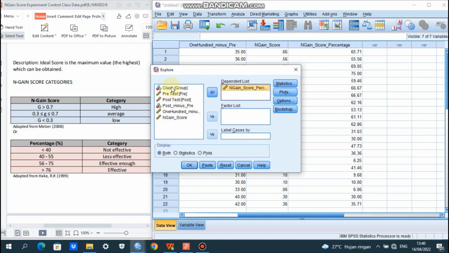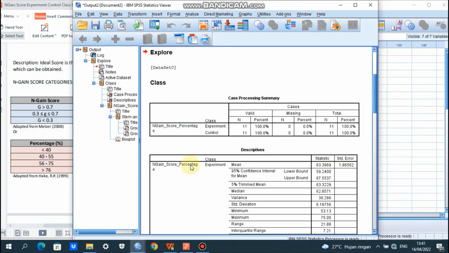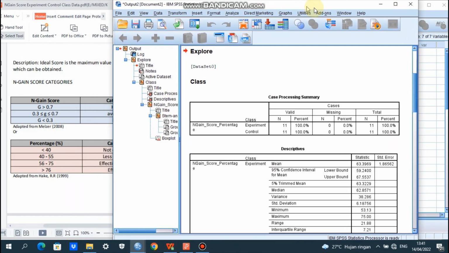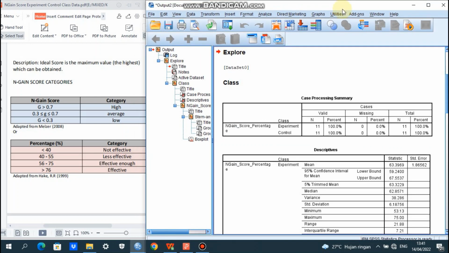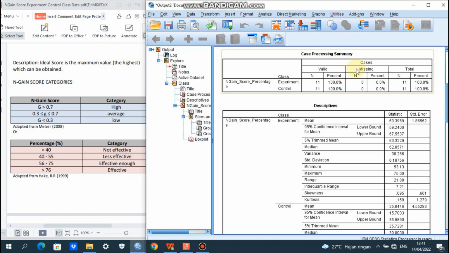Okay, and then class group on the dialog box on the left, we send it to factor list dialog box on the right. Okay, after that we click OK. We are waiting for the output. Okay, it's very easy. We have already got the output. There are two outputs, processing summary and descriptive here.